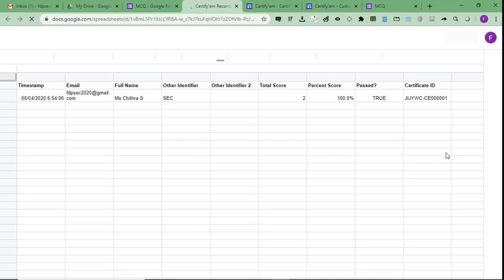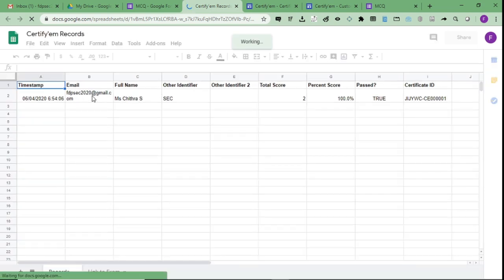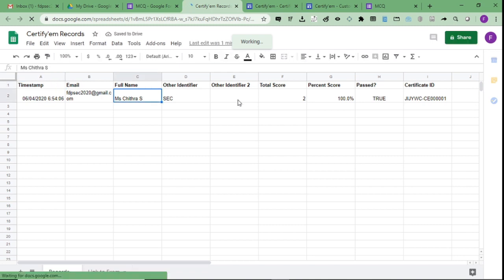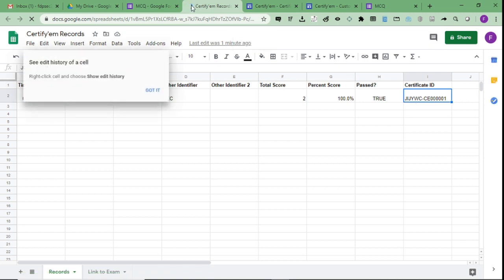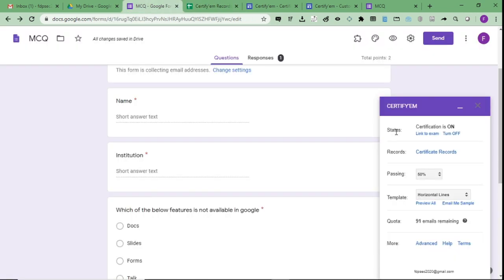So let us click on this. If you see here, the timestamp, the email, to which person, along with the certificate ID, all the details will be maintained in your Google Drive as a spreadsheet. So we can see whoever has filled a particular form and whoever has received the certificate, all the details will be listed out under the certificate records option under CertifyM.